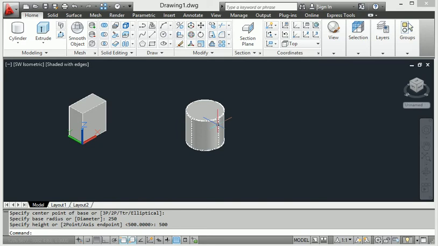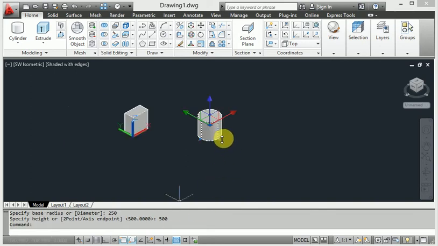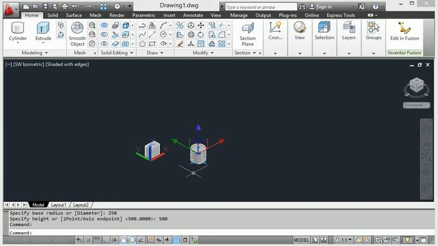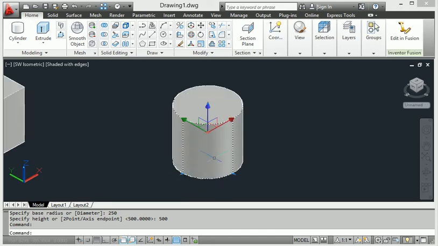When I want to change the distance here, I click this line, click this one for the body.